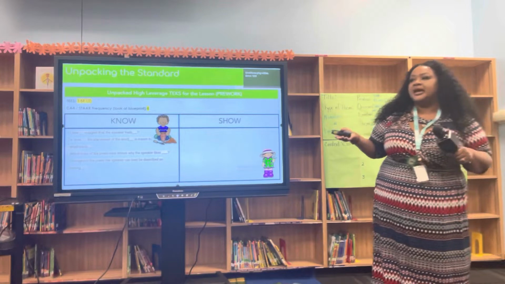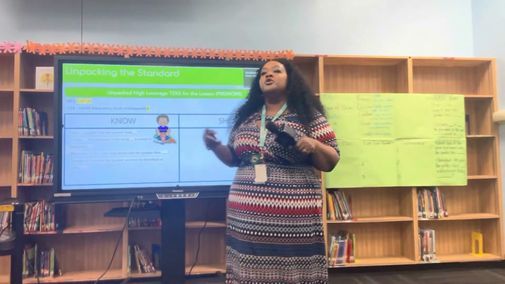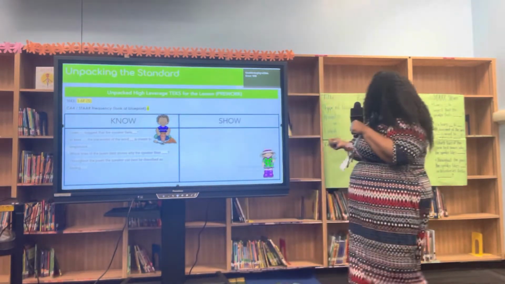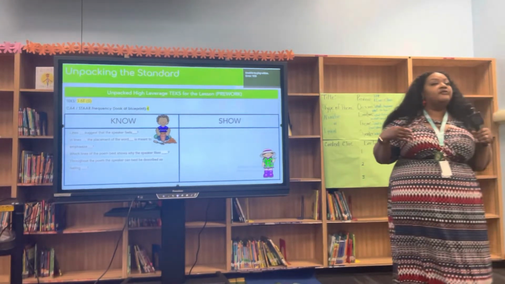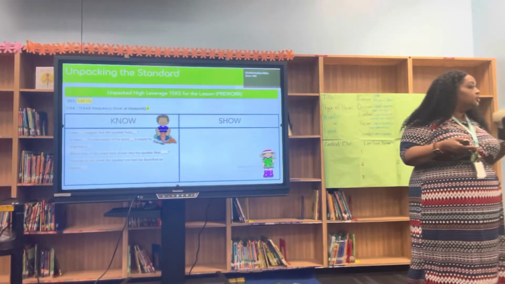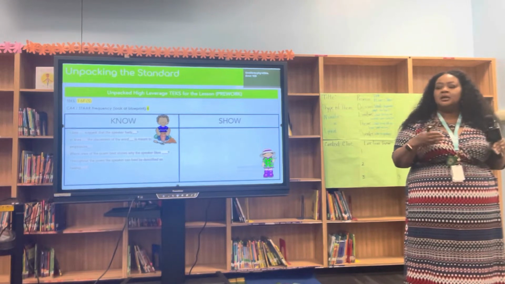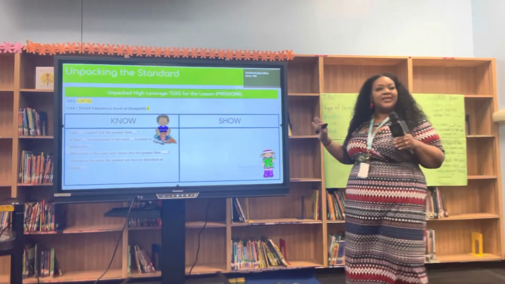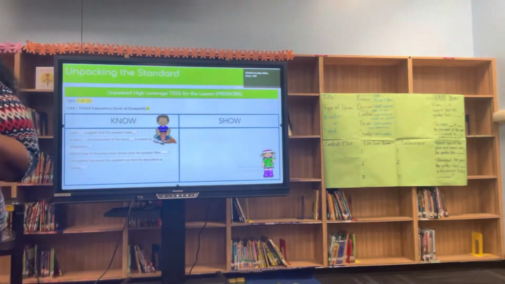Not all poems are about sadness and despair. It could be joy, it could be funny, it could be remembrance. So that's what you want them to understand when you're asking that question. What emotions are you feeling, or what emotions the author wants you to create, and who is having that particular emotion? So that narrows down that comprehension of thoroughly understanding what the poem is about. So let me pause right there. Are there any questions about that particular part of the poet strategy? Is this making sense? Feeling good?